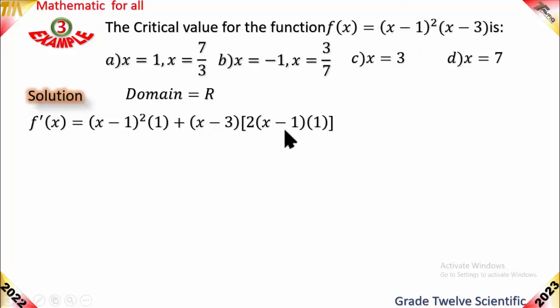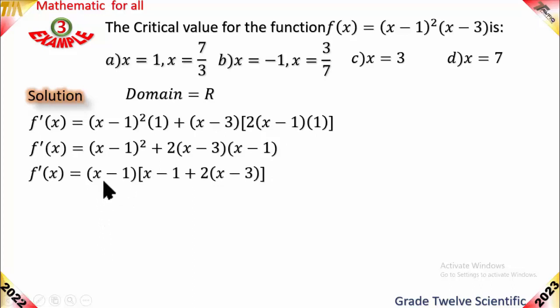Write 2 down and then write x minus 1 as same. Then the power minus 1 is 1. Then times the derivative of inside the bracket, which is 1. And simplifying by taking x minus 1 as a common factor, it becomes x minus 1. Then open a bracket. Here remain x minus 1 plus 2